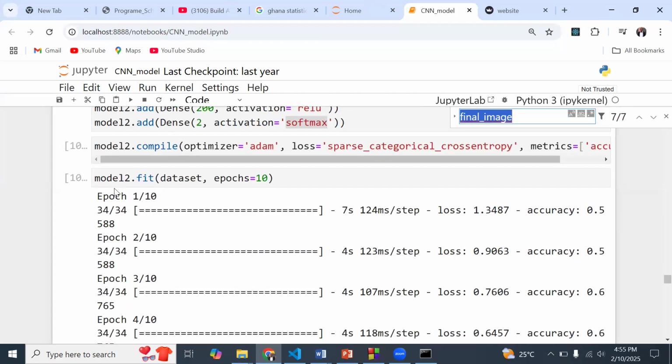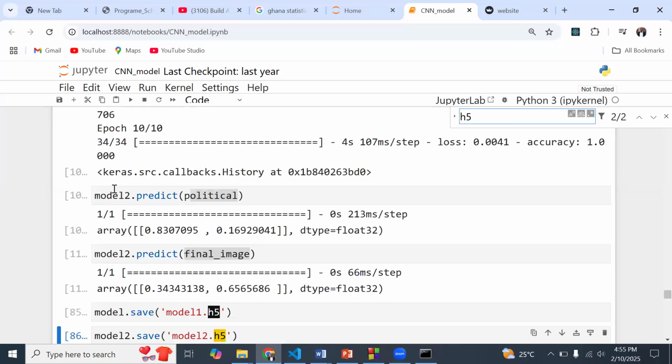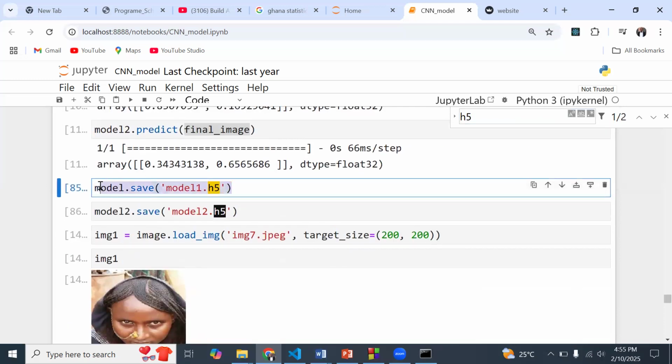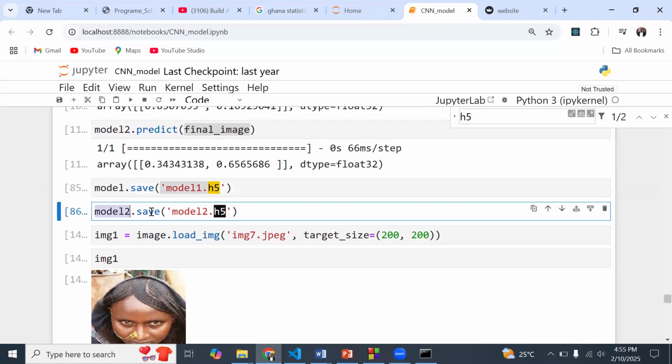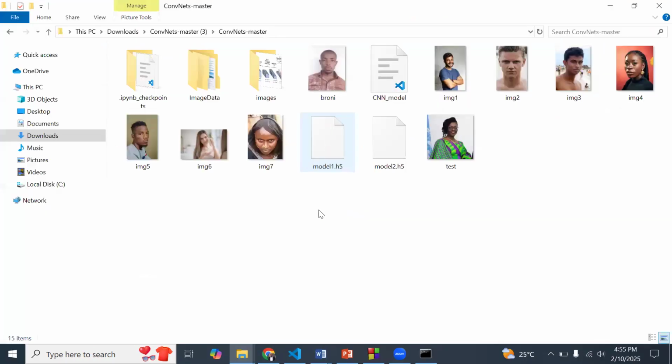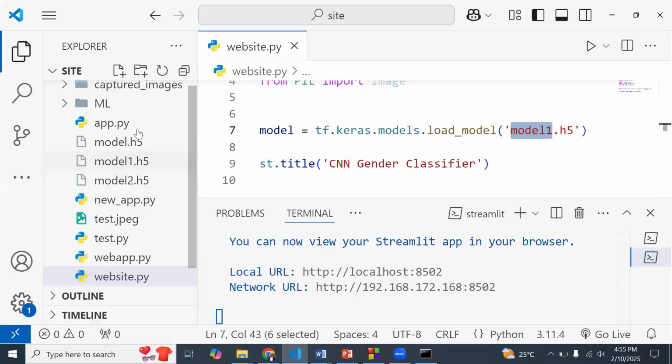Let me just do a quick search of the page. Good. So these were the places we saved them. So model.save, and then we gave it the name model1.h5, and for model 2, model.save, we gave it the name model2.h5. These files are what I just picked and put in this folder over here. So that's what we have imported over here.